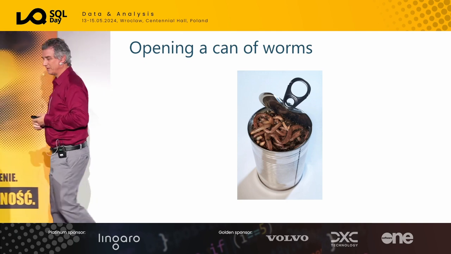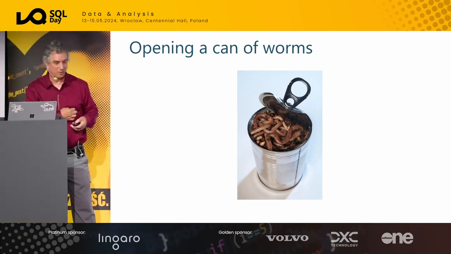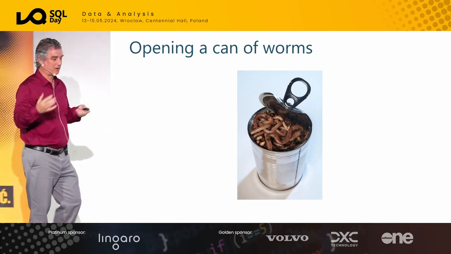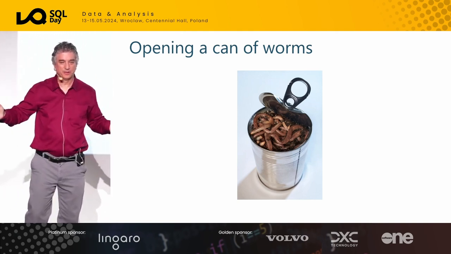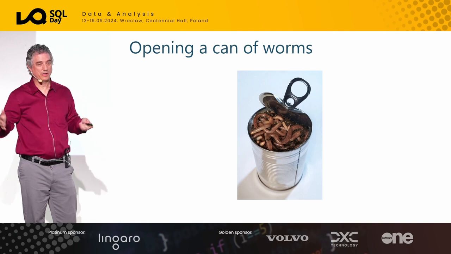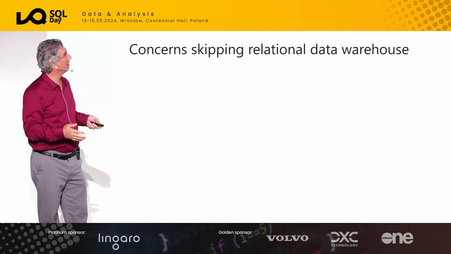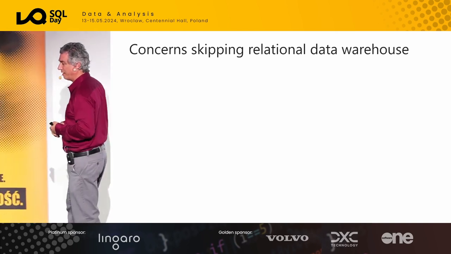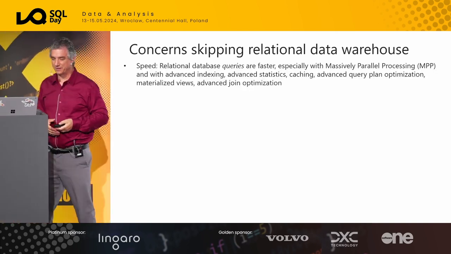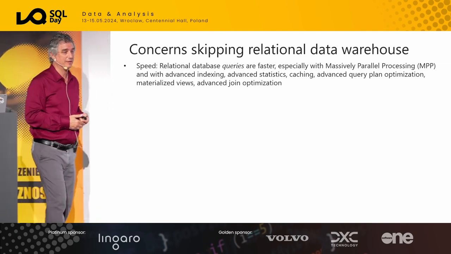Now, everything's got trade-offs, and that's a big reason why I did the book. People were touting these architectures like a be-all, end-all, and you just use it, and there's no trade-offs. Well, there are a lot of trade-offs to it, and there's a number of them. If I say I'm not going to use a relational data warehouse, if I'm going to do everything inside of a data lake, it's going to sacrifice speed.